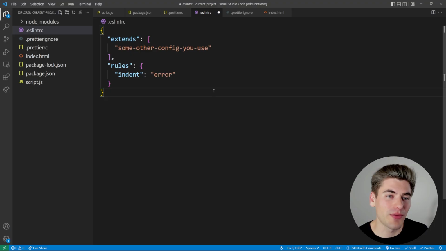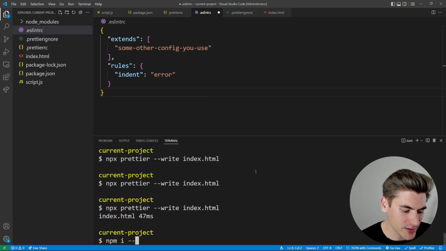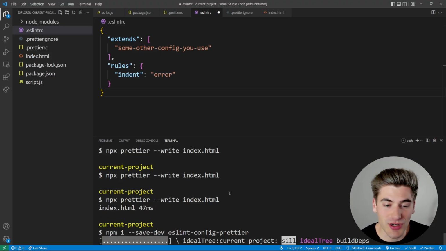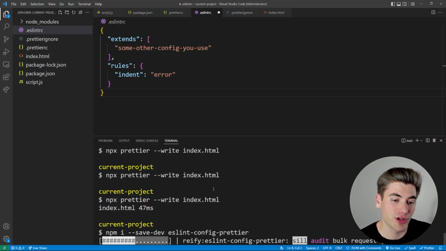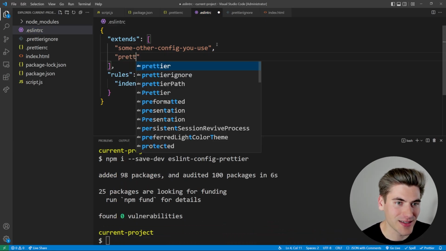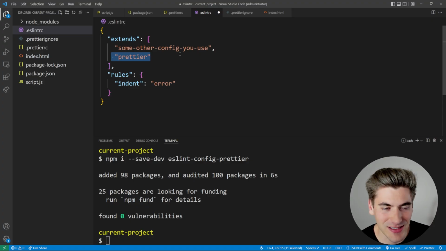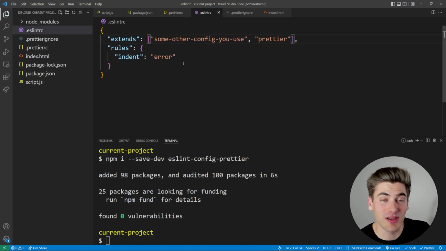So the best way to get around this is using the library that Prettier has defined for you. So we can say npm i --save-dev. Again, we want this to be a dev dependency. And this is called eslint-config-prettier. This is a configuration that turns off all of ESLint's configurations for things that Prettier already handles. And in order to use it, all we need to do is add it to our extends list, and we need to make sure it's the very last thing in our extends list so it can properly turn everything off. That right there is going to fix those problems for you,